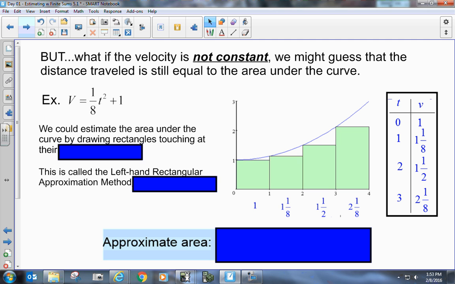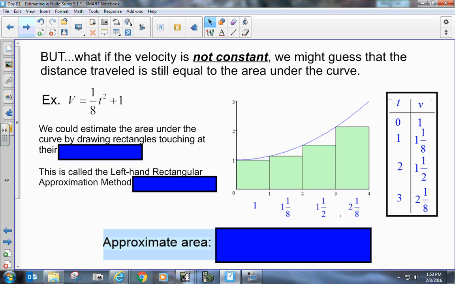Okay, so we have an example here where my velocity is 1/8 t squared plus 1, hence this nice picture here. Now, we could estimate the area under the curve by drawing rectangles touching at what corner,